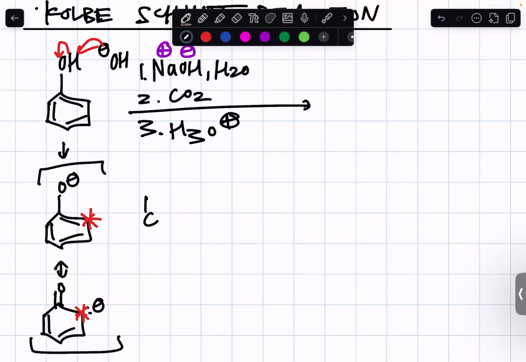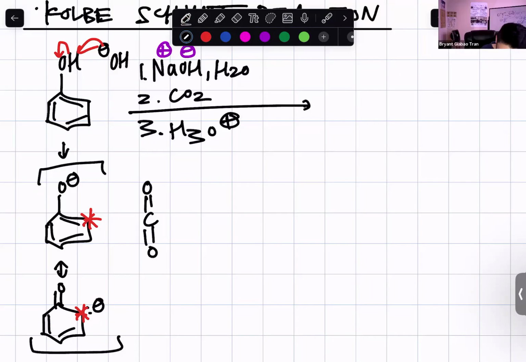Got you. So now I'm going to bring in the second step, carbon dioxide, where this C is the electrophile because it has a partial positive charge. So when I have the nucleophile attack, I have to form the carbonyl between that carbon and oxygen, have the star attack the dot, because eventually this carbon will have a negative charge when we push the double bond to that carbon. That negative charge is going to attack that carbon and break the octet rule. To conserve the octet rule, we have to push one of the double bonds onto the oxygen, and that's going to give us